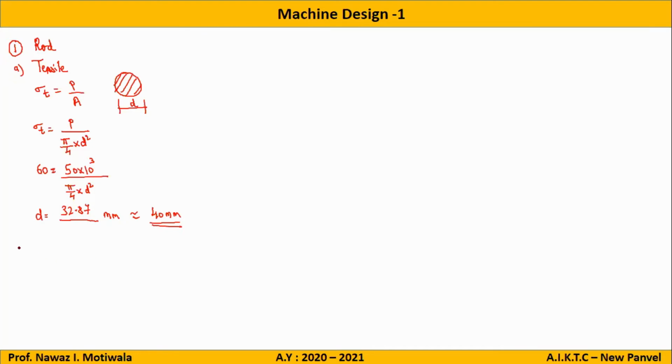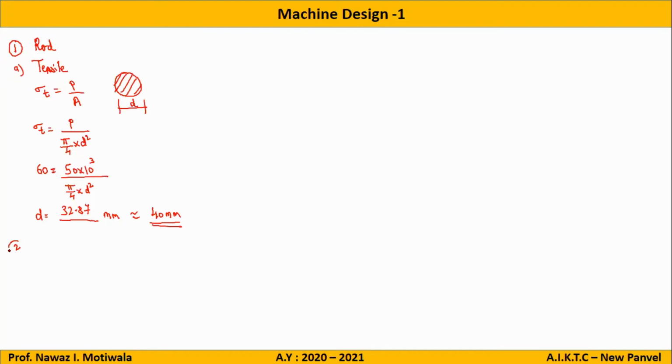Now we will consider bending stress on the rod. Correct? No, sir. Bending will not come? It will not come. Why will it not come? Sir, perpendicular load is not being applied. Yes, right. Because there is no perpendicular load, bending will not come. Leave it, forget it. Okay, let us go to the next part.